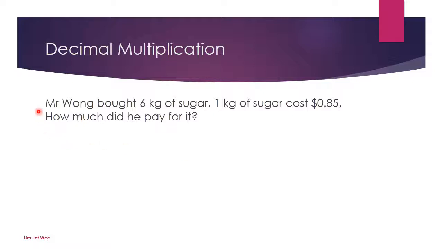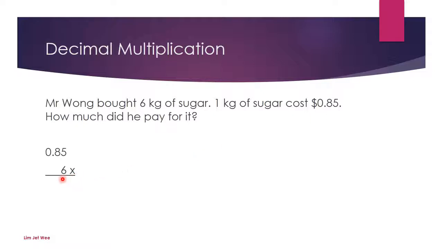So here's a question. Mr. Wong bought 6 kg of sugar. 1 kg of sugar costs 85 cents, so 0.85 in dollars. How much did he pay for it? Clearly I need 6 kg, so I need to multiply 0.85